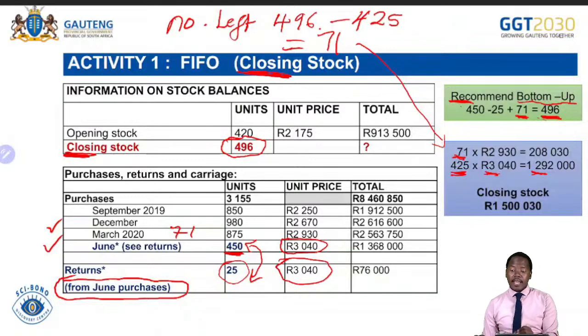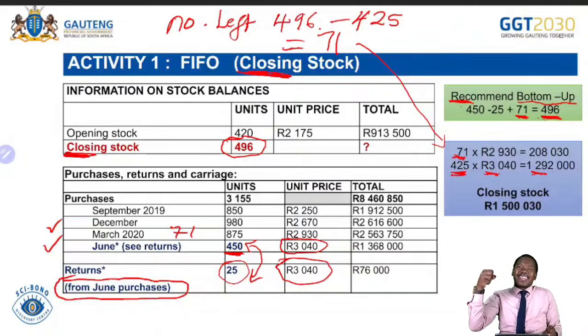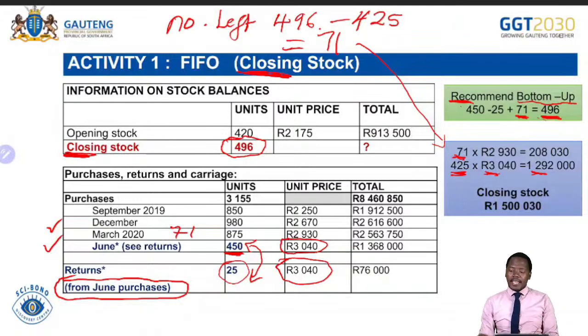We are on the 71, then multiplied by 2,930. Where are we getting the 2,930, grade 12? This is the unit price for March 2020, because the 71 is coming out of the 875. We didn't have to use the whole of 875 because the rest of the 875 was sold. Only 71 was not sold. And then if we say 71 multiplied by 2,930, we are getting